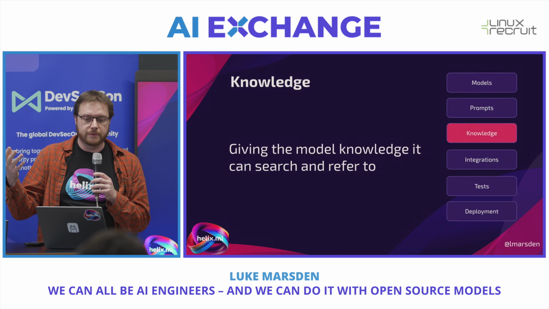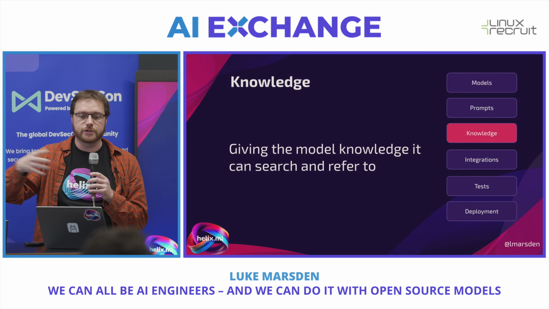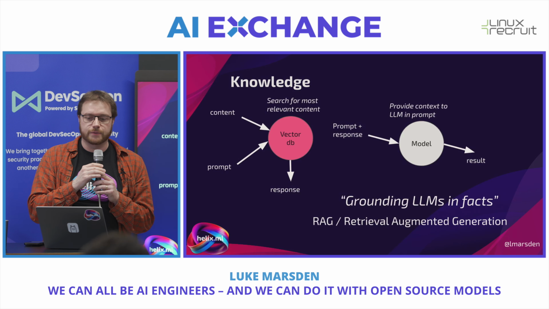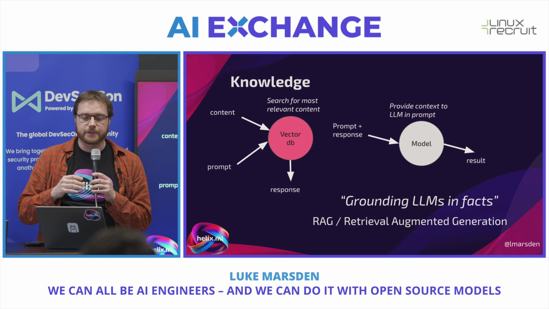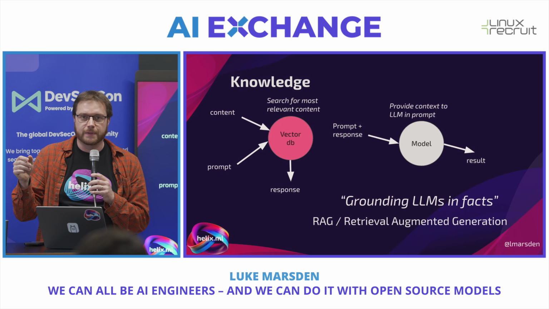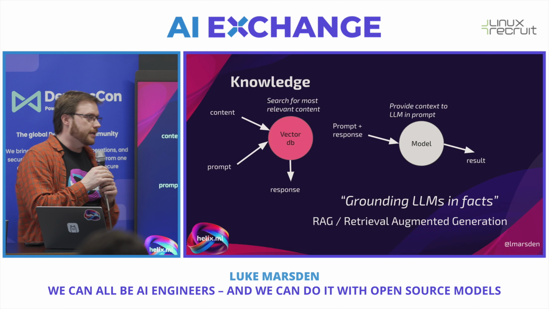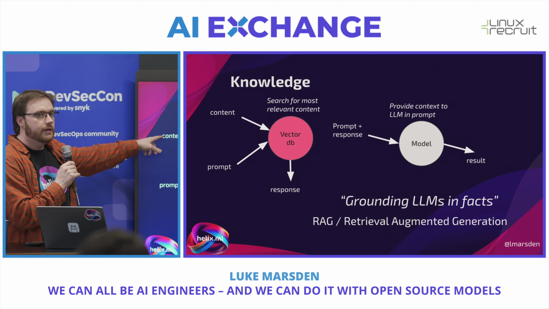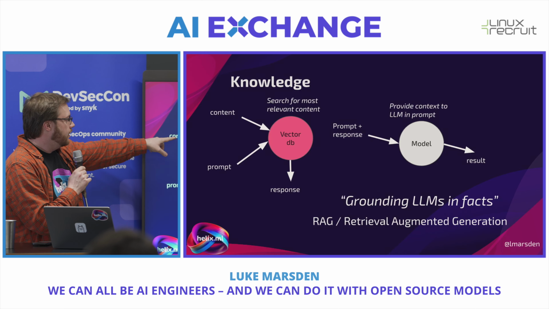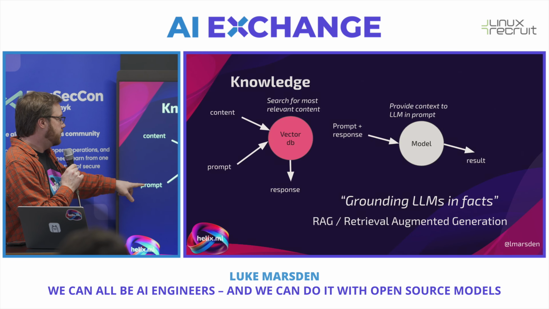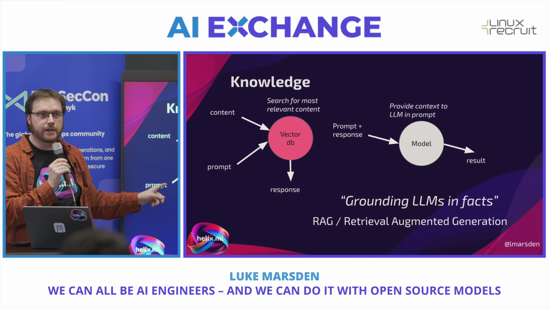Knowledge is all about giving the model knowledge it can search across and refer to. And the way that works normally is with a system called RAG, which is a fancy phrase that means retrieval augmented generation, but I prefer just thinking of it as knowledge. The basic idea here is that you take content, you chunk it up into pieces, you put those pieces into a vector database, and then when a query comes along,